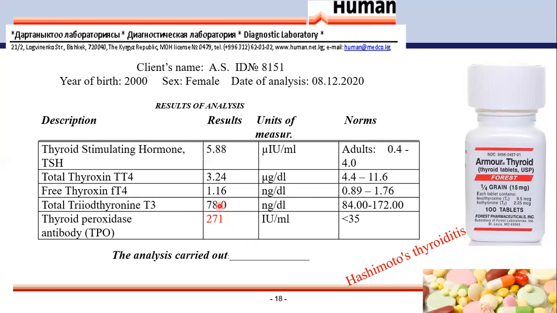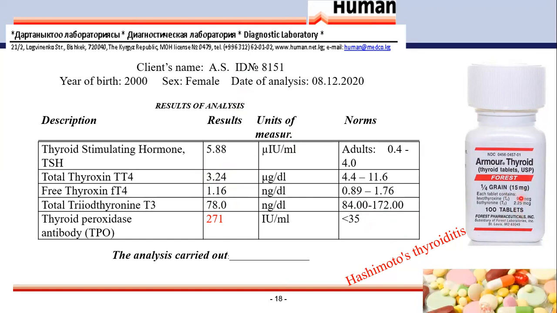These results of analysis show us that this female patient has Hashimoto disease, or Hashimoto thyroiditis. And you should prescribe to this patient Armour Thyroid,